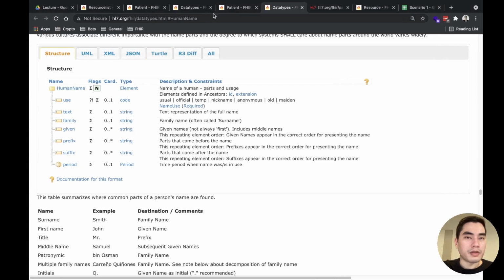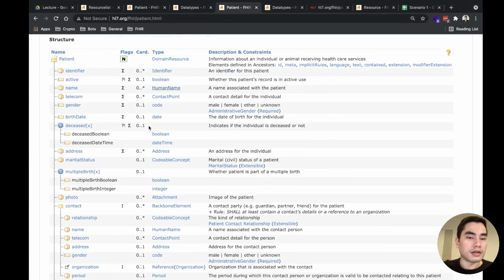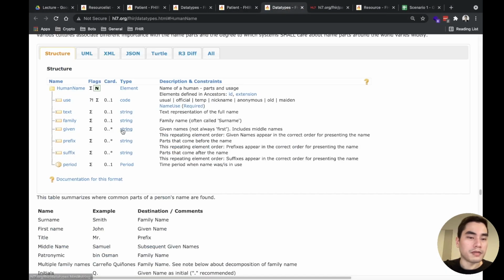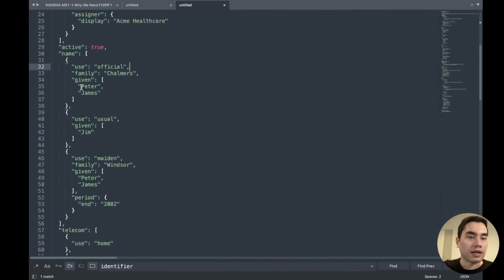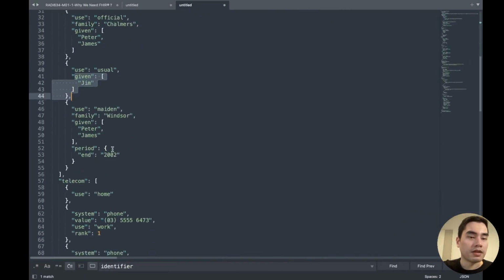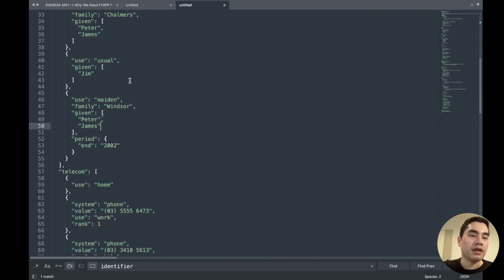If it's repeatable, like this one, a repeatable string, we must put it in an array. So like this, given is an array. Even though you have only one value, you still have to put it in an array.